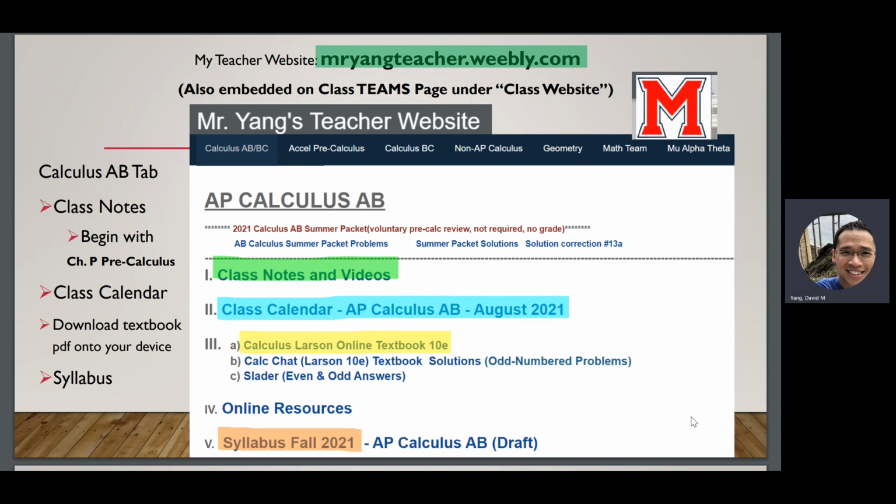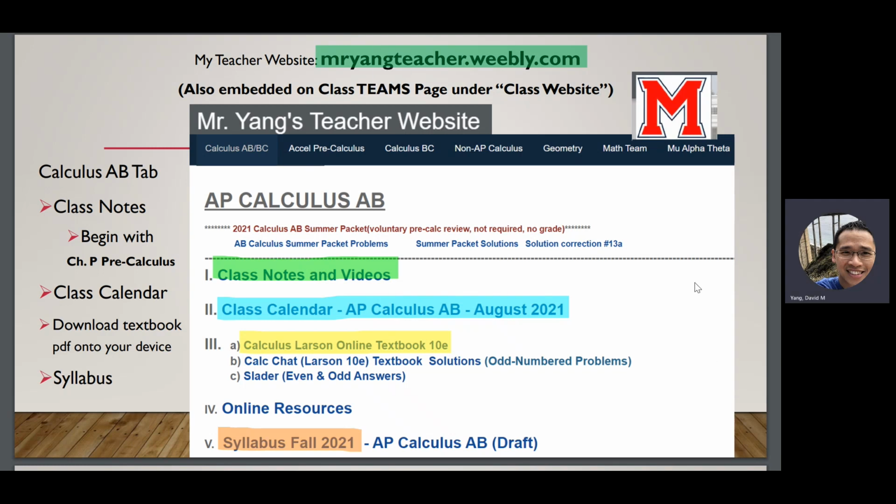Next, there is a calculus online textbook. Now, this textbook is technically not the official textbook; there's no official textbook online. I just found a website that somehow housed this link.